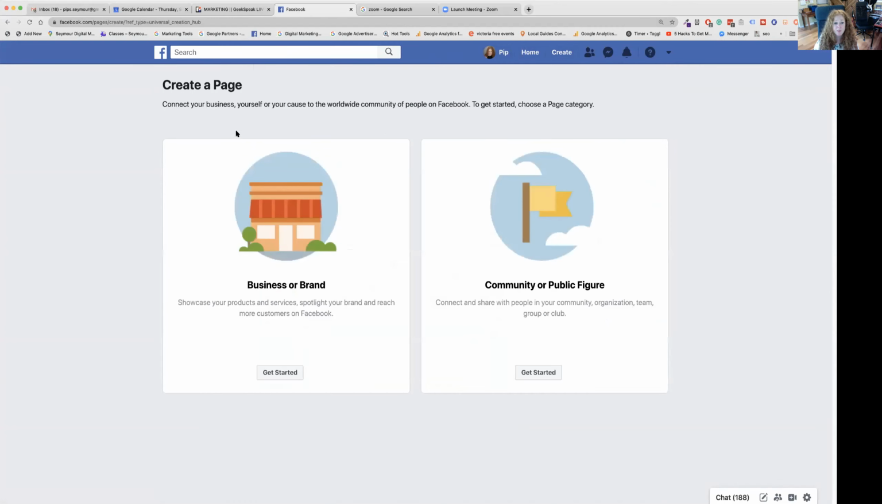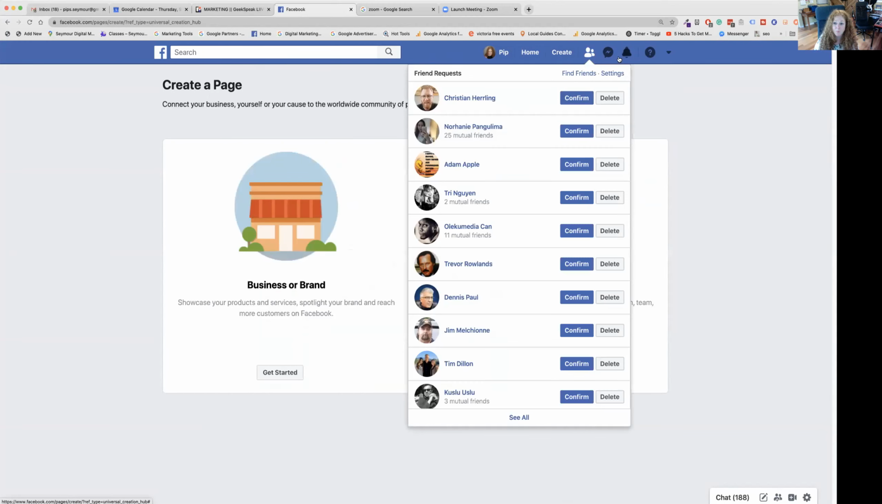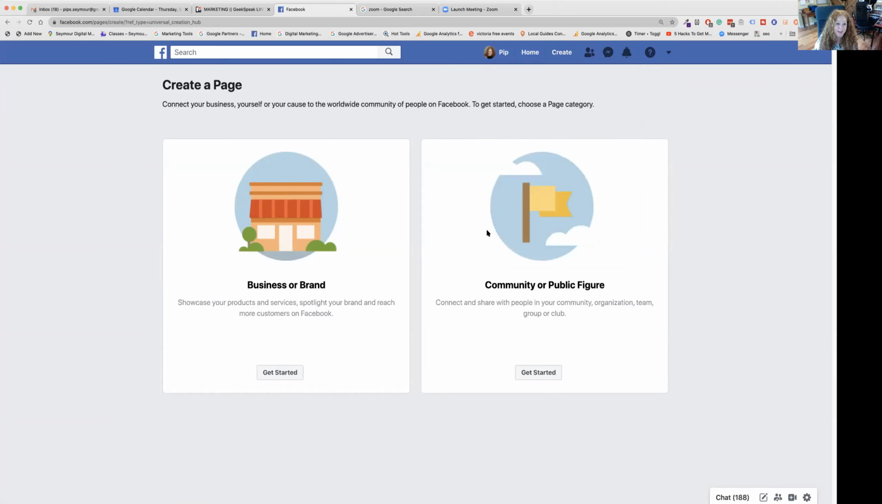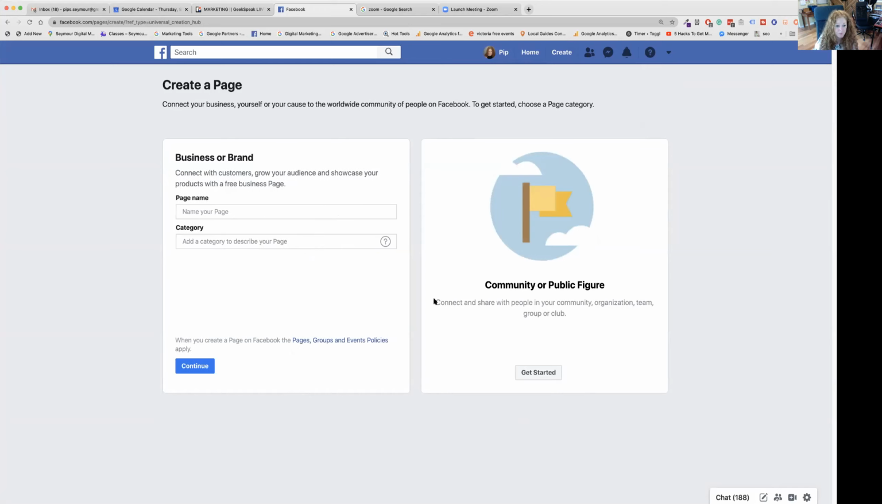So first thing we do is we click on that page button. So that was create and then page, first one in the drop down menu. Okay, and then we get to this page here, which is community or public figure or brand or business. So we're going to click on brand and business. And then we would create a business name and a category. So let's say I would do,